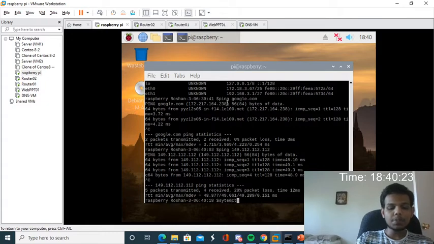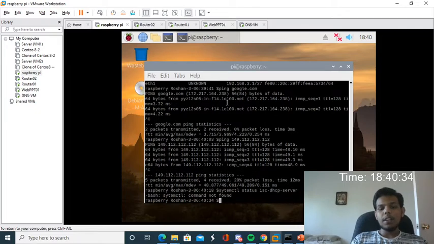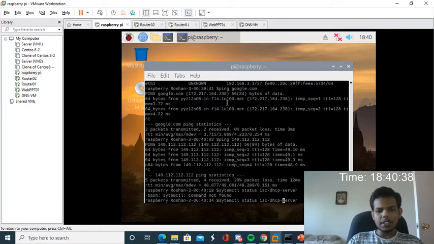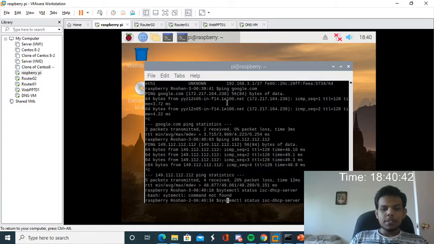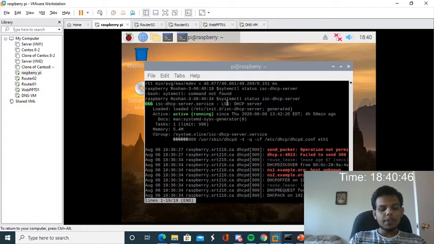Now I'm going to show the DHCP server configured successfully. If I type systemctl status isc-dhcp-server, I could see it is running actively.